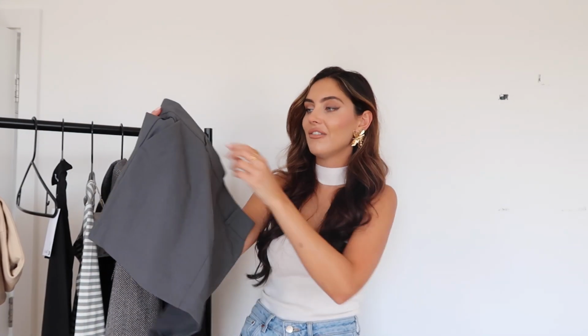Even though it's a mini skirt, which is obviously supposed to be short, I don't feel anxious wearing it, whereas there are some Zara skirts where I'm so paranoid when I wear them. So this is a really good length. I love that it's got room for a bit more of a chunky belt, which I think looks really good with it. And I am loving grey at the minute. If you can't tell in the haul, I feel like I'm probably going to be wearing grey a lot